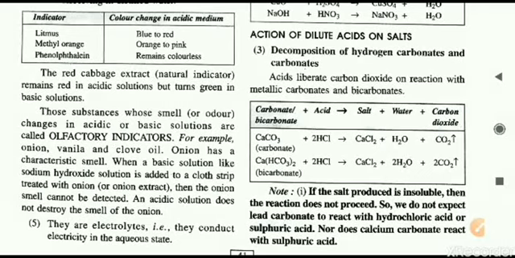If we dip a cloth in onion solution and that onion solution dipped cloth is then dipped in basic solution, then the smell of onion will disappear. The same smell will not disappear if we are using an acidic solution.